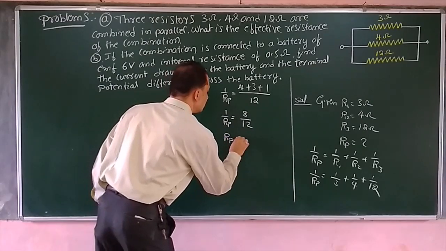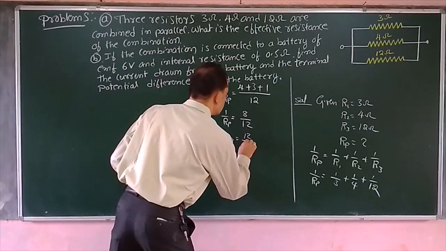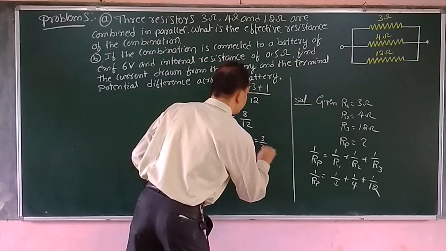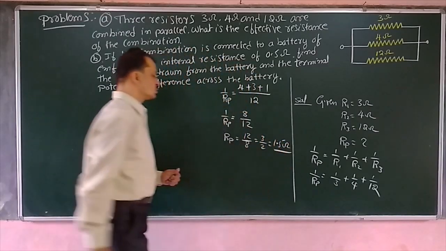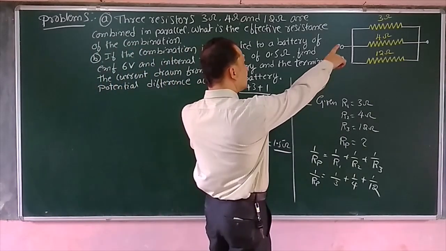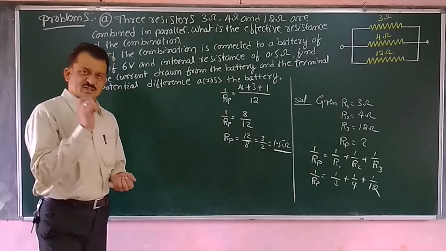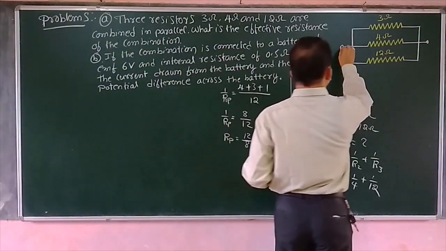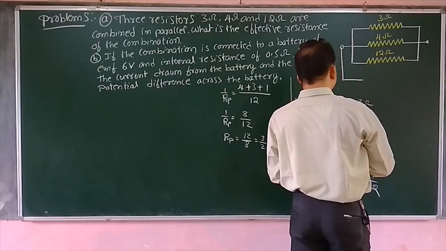Therefore we want RP. Take the reciprocal of that. Therefore it is 12 by 8, that is 3 by 2 or 1.5 ohms. 3 by 2 or 1.5 ohms is the equivalent resistance of the parallel combination of the three resistors. Clear? Okay. Next part. If a battery is connected across this combination, we are connecting a battery here